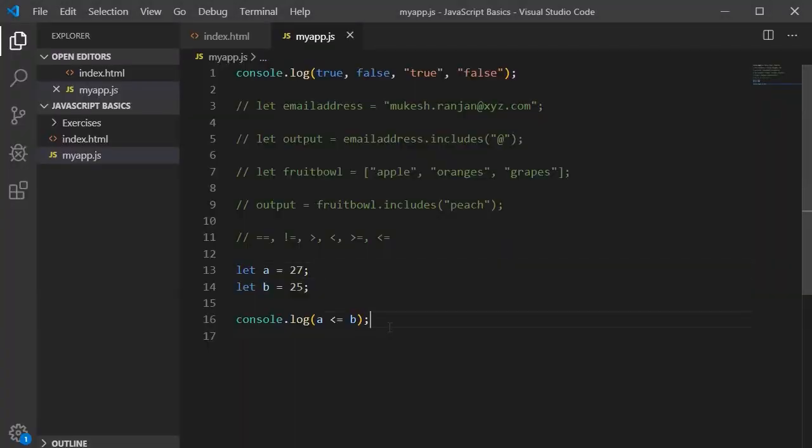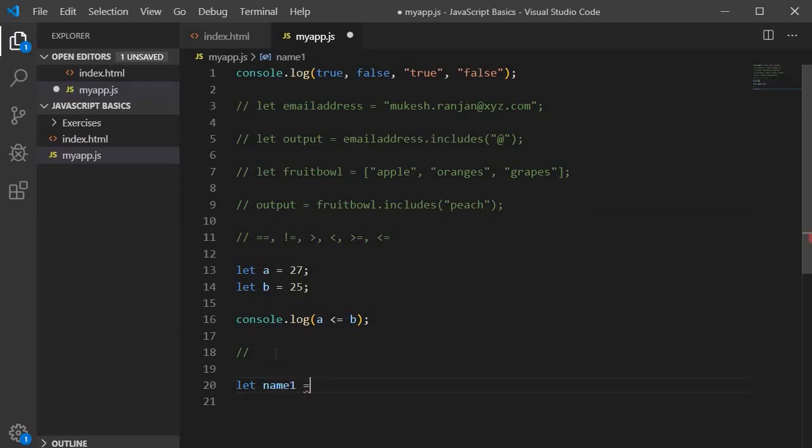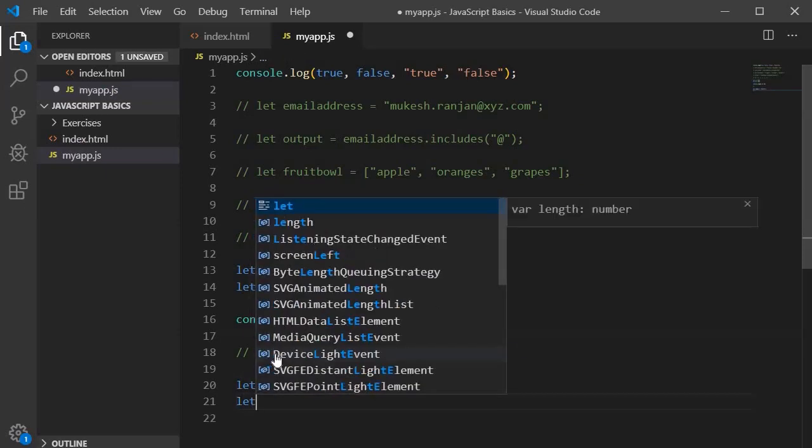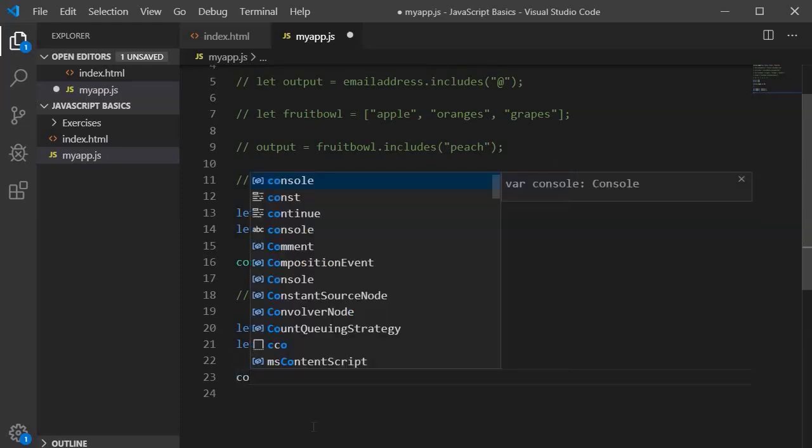So suppose a scenario where you want to compare strings, you can do that as well. So let's do that. You can use the same operator for string comparison as well. For example, if I have a string let name1 equal to Mukesh, and there is another name, let name2 equal to Dominic. Now suppose I want to compare them, we can do that as well. We can use